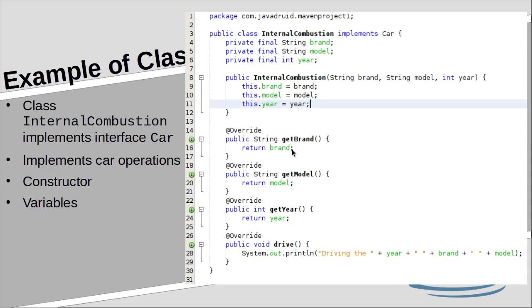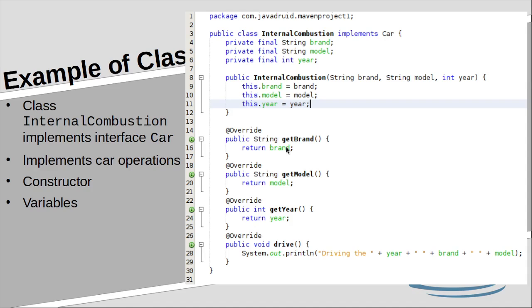How do you know a function is an implementation of a function from an interface? Because of the signature. The signature is the return type and the parameter types.